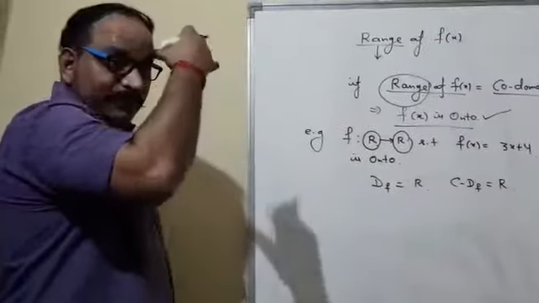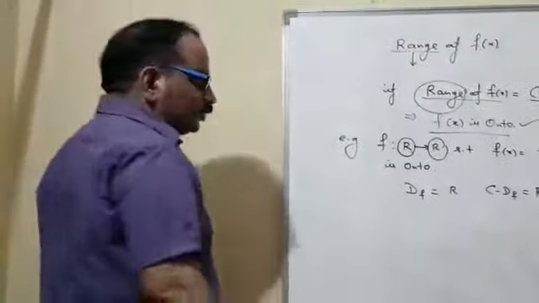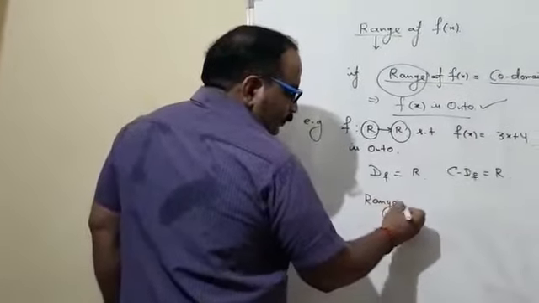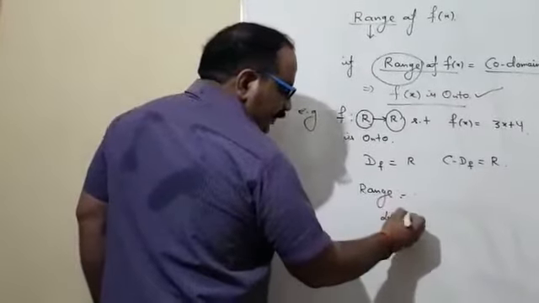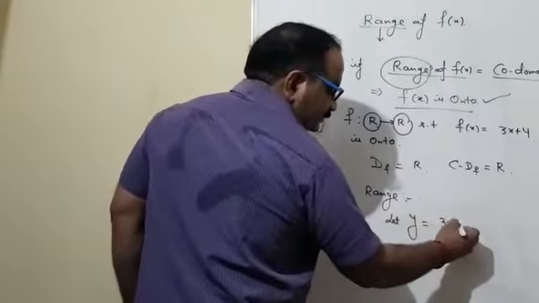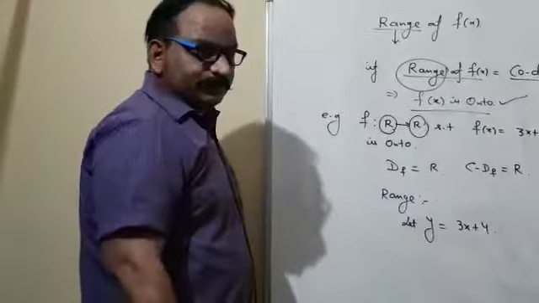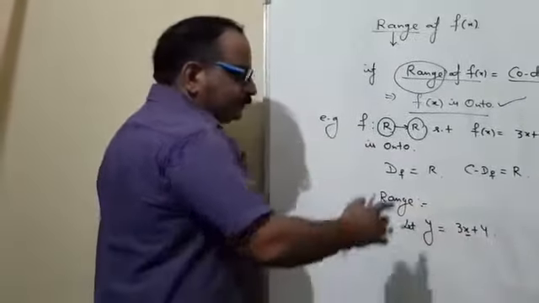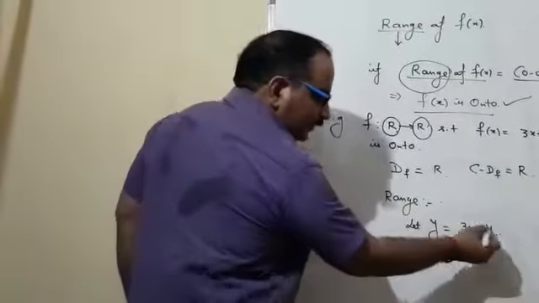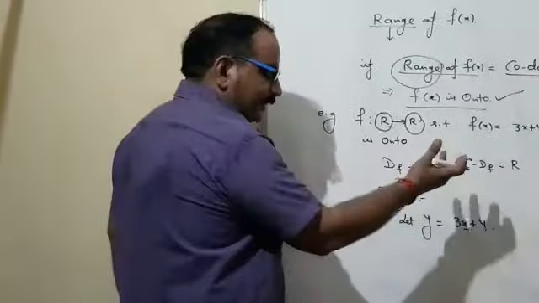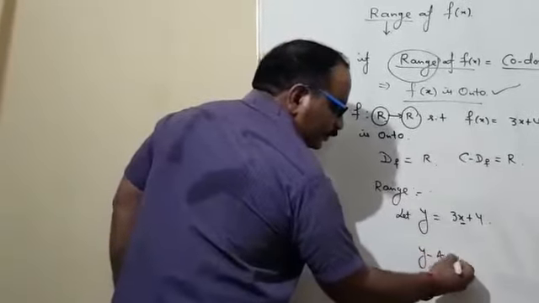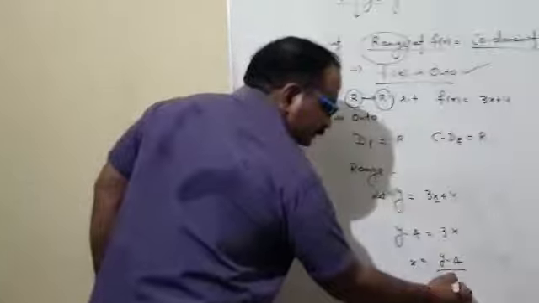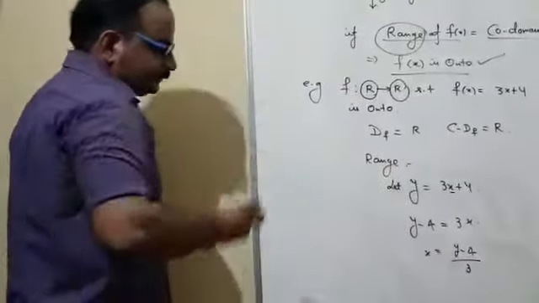Now my job is to find out the range of the function. So how can we find the range? Just see, for getting the range, what should I do? I should make the function equal to y. Say it is y equals 3x plus 4. After that, in every problem, we have to find that variable x that comes from the domain side. We can do this easily because the question is very easy. So y minus 4 equals 3x and x equals (y minus 4) by 3. This is the result for x.